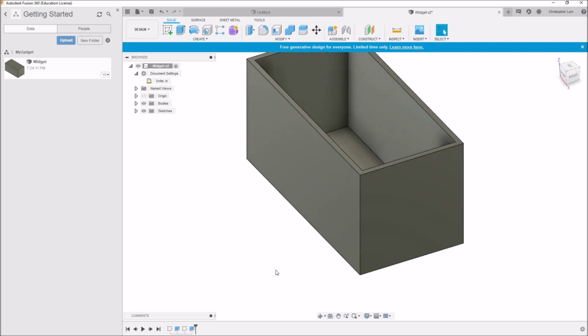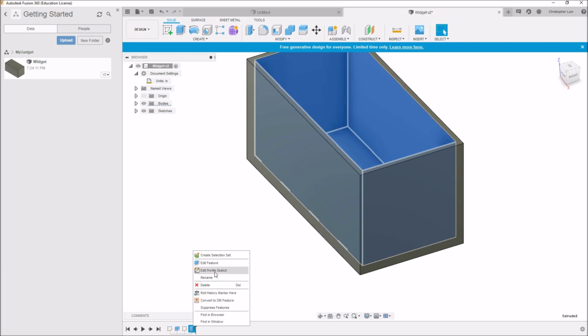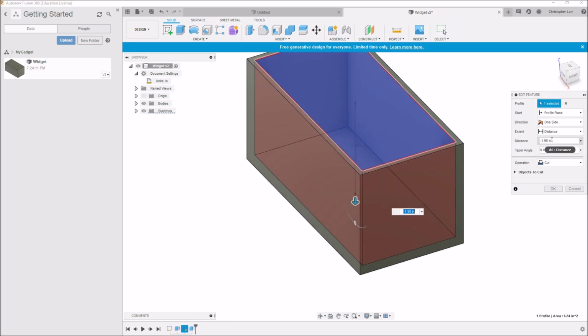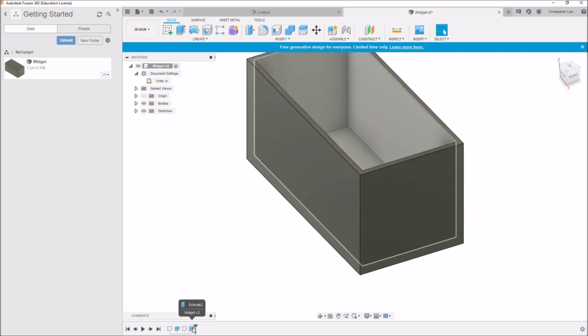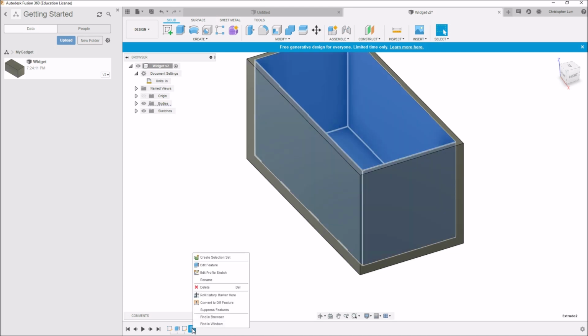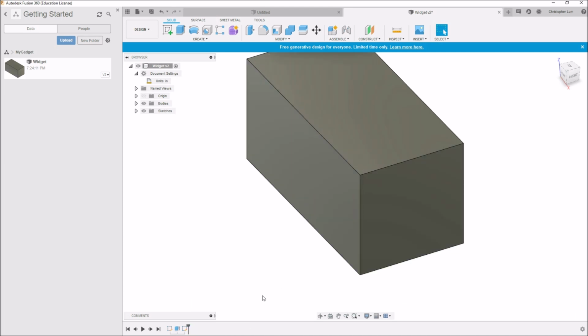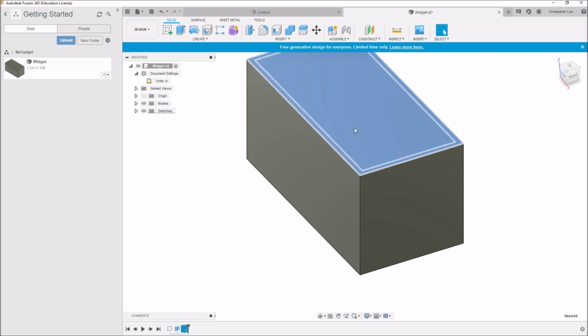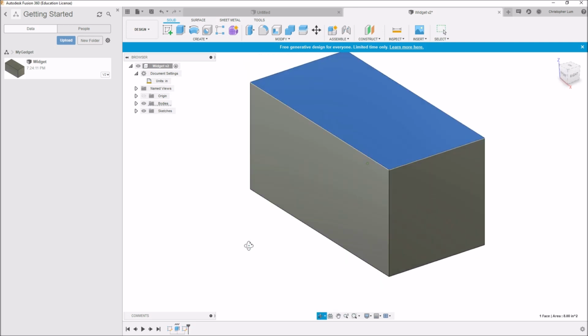Now, that being said, I really don't like using this operation where you hard code in this magic number of minus 1.9 inches, because if we ended up changing the dimensions of this box, this might not be the right distance any longer. So a better way to do this is, let's first delete this cut and get back to here. We still have our sketch up here, but what I want to do first is